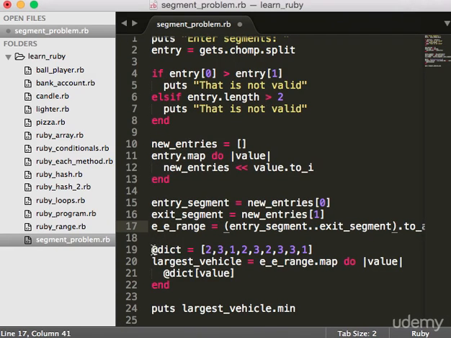And then what we do is we create an instance variable that is equal to the values of the largest vehicle that can pass through each segment. And we map our range of values to those indexed values to actually get the largest possible vehicle that can pass through. And then we output to our screen the largest vehicle .min, because that array,